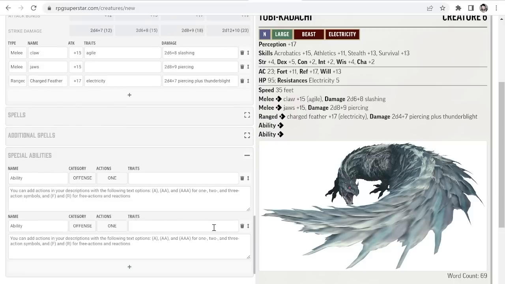So for the sake of keeping things simple, let's just go ahead and add 2 abilities right now. We want to describe our Thunderblight here, which has the electricity trait. So I want to mimic the effects of Thunderblight in Monster Hunter for the game. Of course, some things are going to be changed in the translation, so I'm going to say,